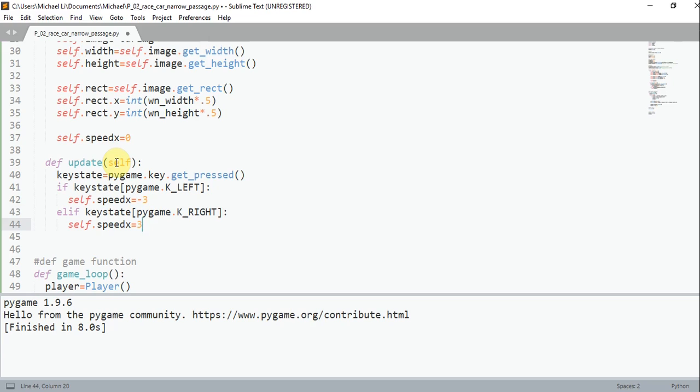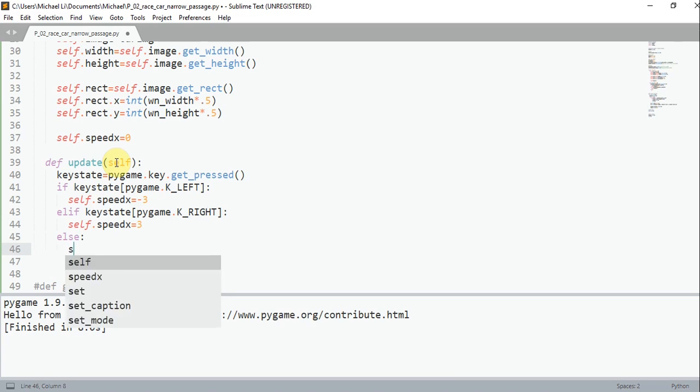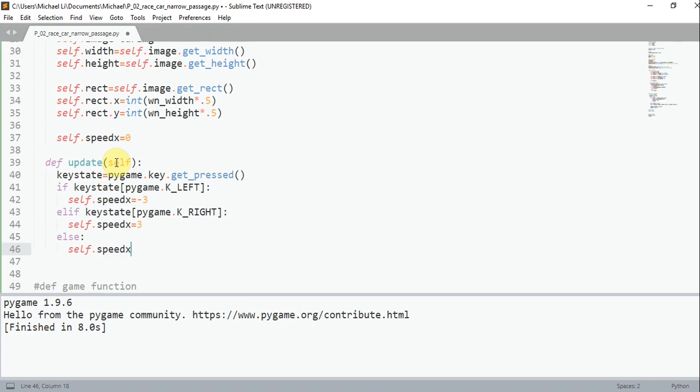So if they press the left key, you're setting the speed to negative, which is the left. And if you click right, the right arrow key, you will set the speed to +3. Else, you want to set the speed x to 0. Yep. And then you can change the position of your self.rect.x equal to the previous position x plus your self.speedx. Alright, so let's save this,